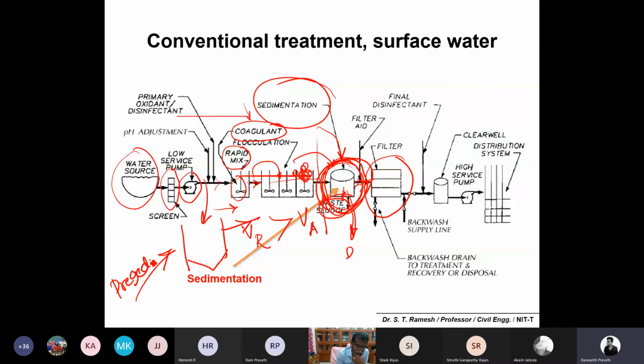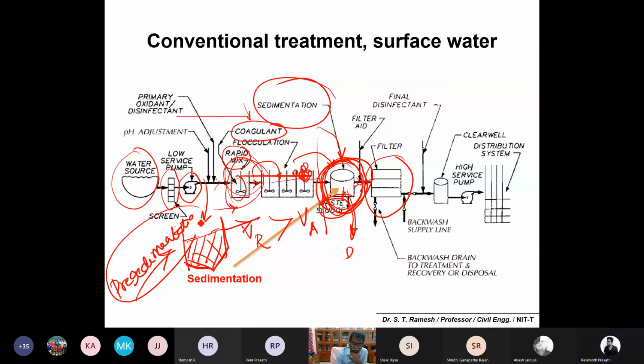Imagine immediately after the rainfall, your water source contains a large amount of solids. If there are more solids, it normally requires more chemicals to remove. So instead, bigger particles can be removed by simple action prior to coagulation. That is called the pre-sedimentation process. Is it okay? Yes, sir. So to reduce the concentration of particles in suspension before the application of coagulation, that is called pre-sedimentation.